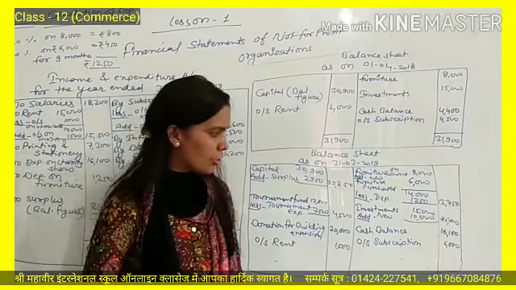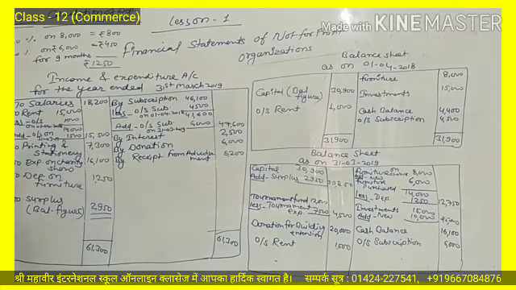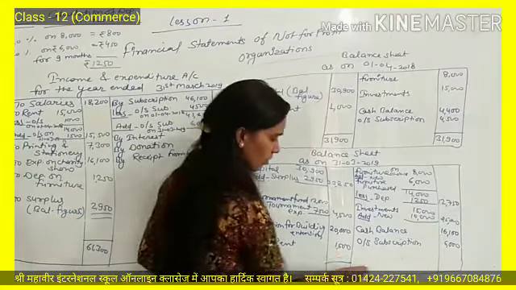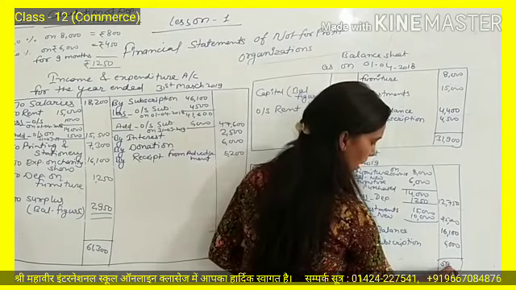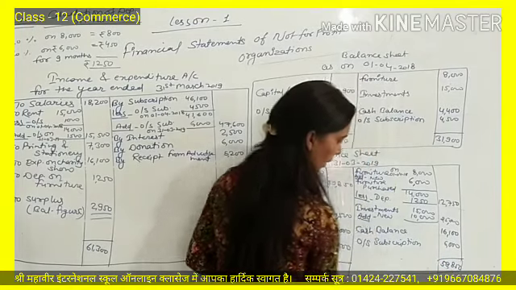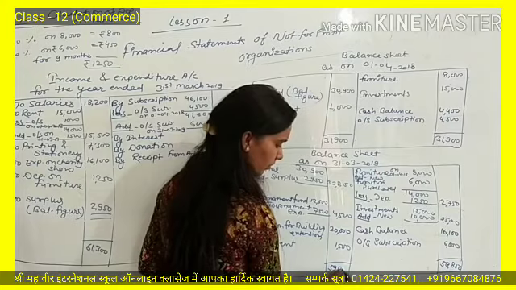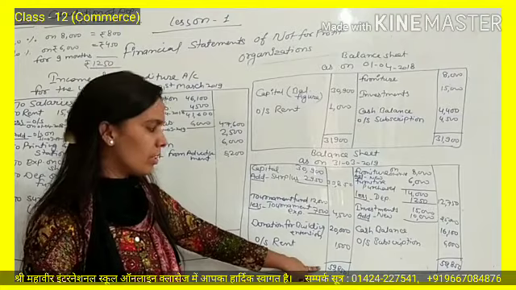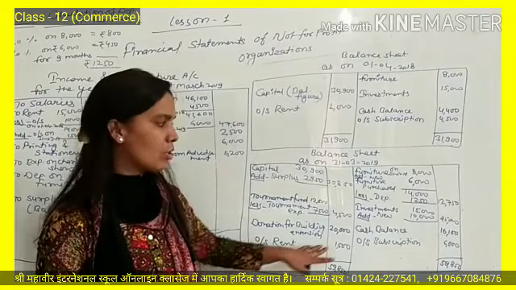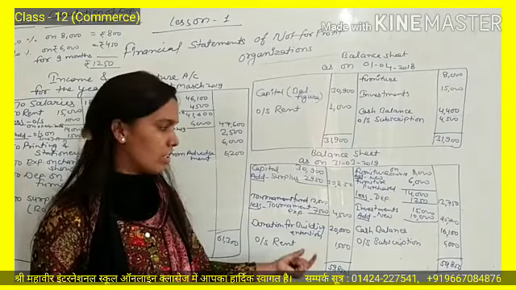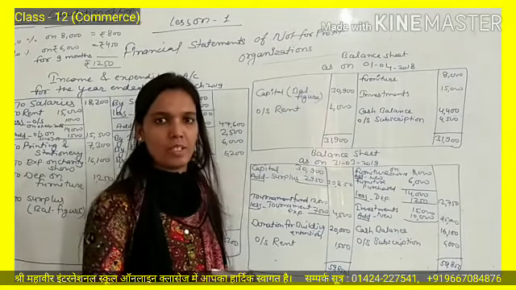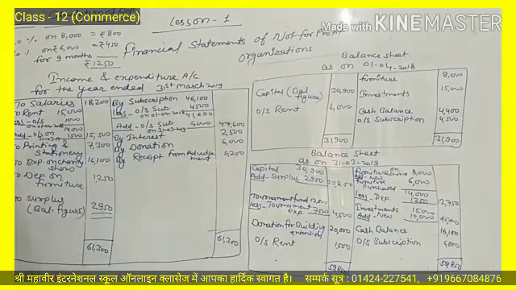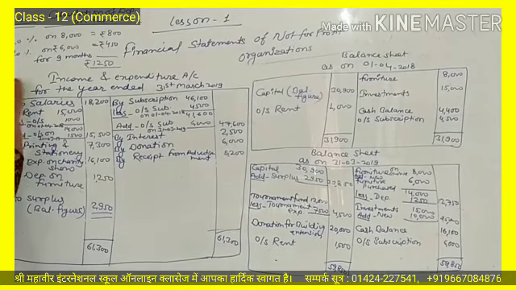Now just match the balance sheet of both sides. Your balance sheet total will be 59,850. As you know that after completing the question, the balance sheet totals from both sides, liabilities and asset side, will match. If it does not match, then it means your question may be wrong. Okay, so this was your question number 16.